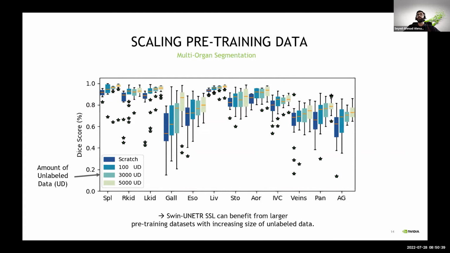Having 24 multi-region abdominal CTs fully labeled by radiologists is actually a fairly luxurious situation, but it's really not that much in order to train a model from scratch. Whereas if you do the pre-training, you get better improvements. And the bottom line of this analysis is that it really benefits from an increased size of unlabeled data, which is